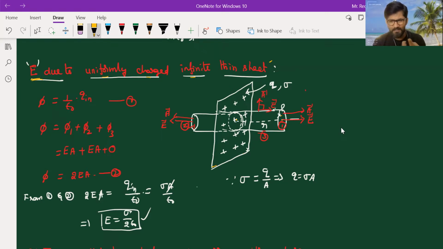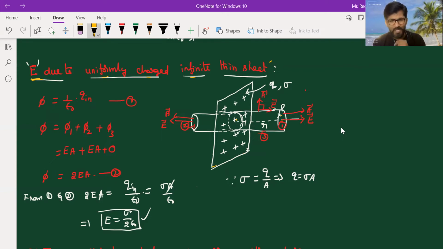Three-dimensionally means in three-dimensional form, a surface that should enclose the charge. If you consider just a surface like a circle on this sheet, we cannot say that it encloses the charge. It should completely close the charge, means you have to consider a three-dimensional surface. So we can consider a cylindrical structure like this, or a parallelepiped also you can consider. So now the first point is, you have to construct a Gaussian surface.